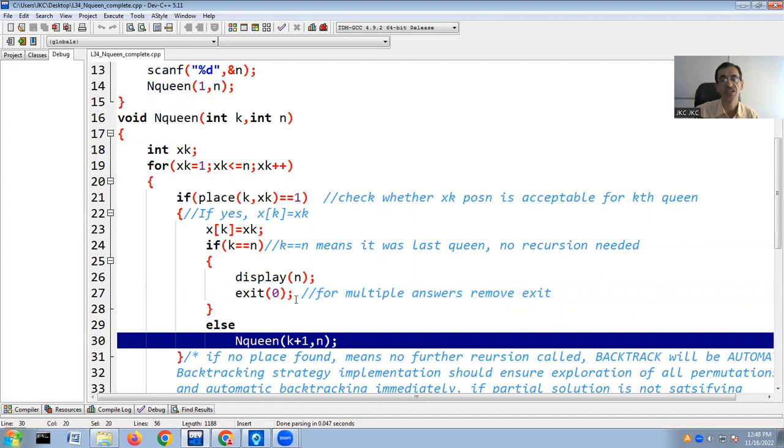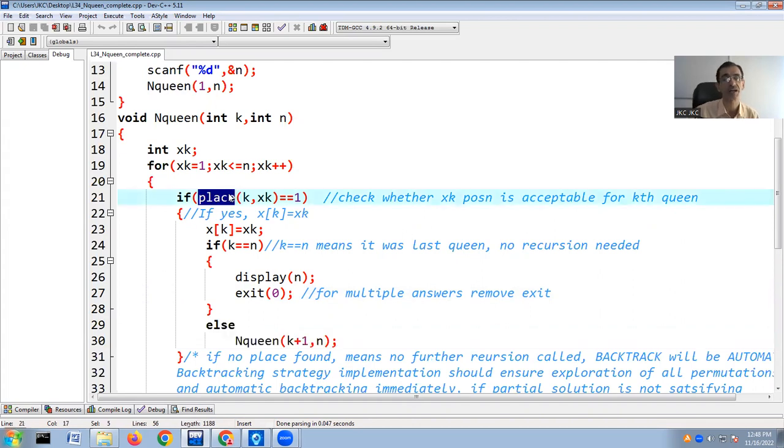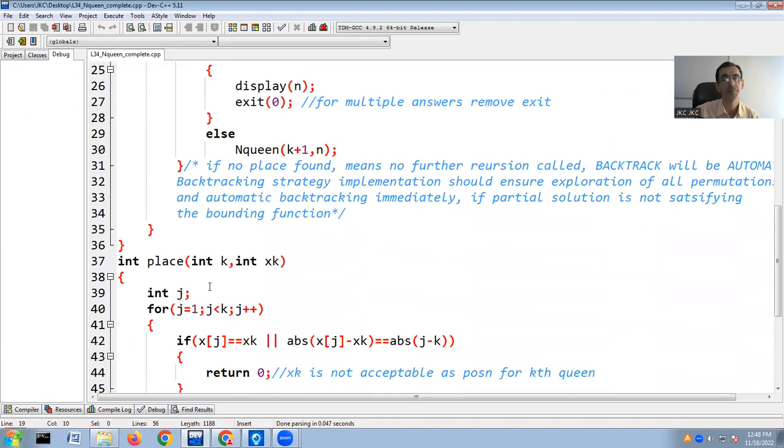In this recursion, the beauty is that backtracking will automatically make sure to go back and resume wherever it had previously gone. If the current answer is acceptable, we proceed further to recurse. If the answer is not acceptable, we backtrack to other answers for the same xk. If that is also not acceptable, we backtrack to the previous k, and it will all happen automatically by this particular function. In the Place logic, we are trying to check whether the kth queen can be placed at position